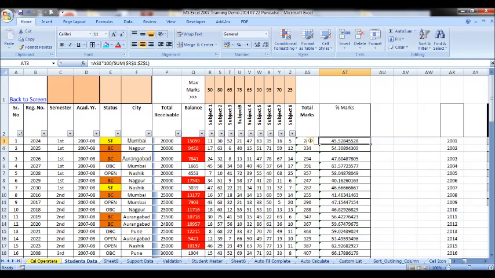I repeat or summarize just so you understand: I want to copy this part of the formula relatively with other cells, so keep it as it is. I want to maintain the cell address of the denominator for the sum the same for all the cells, which means I have to freeze it, and the way to freeze it is to put a dollar mark for the cell addresses and copy for the rest of the cells. Now whatever the percentages are here, they are valid for the student's percentage of marks.